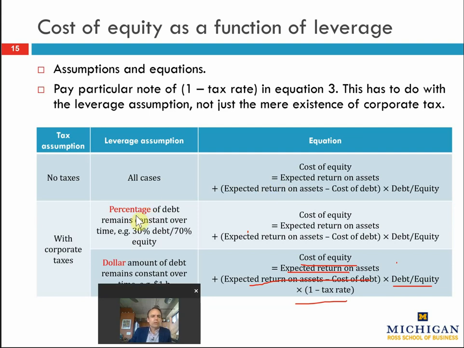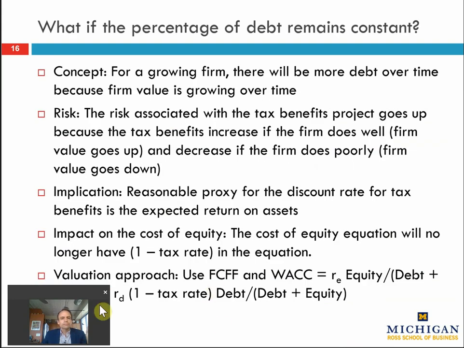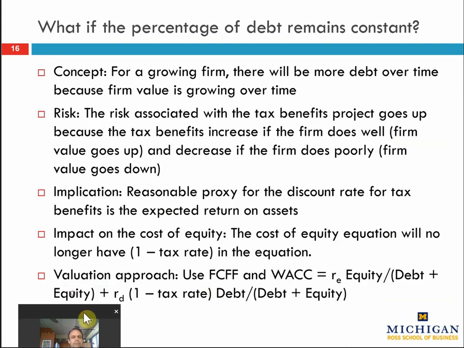So what we really want to do is come up with equations which line up to the assumptions that we typically make. And the typical assumption we make is that the percentage of leverage is going to be maintained over time. So let's redo our equations and redo our example with CVS under the assumption that the percentage of leverage is going to be maintained at some continuous estimate over time. So here's what we're going to do.